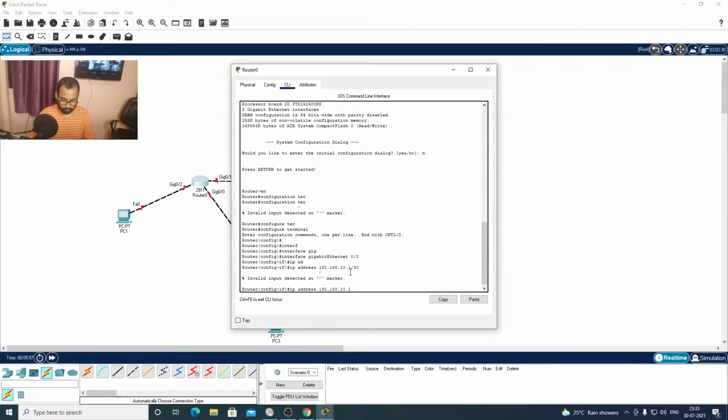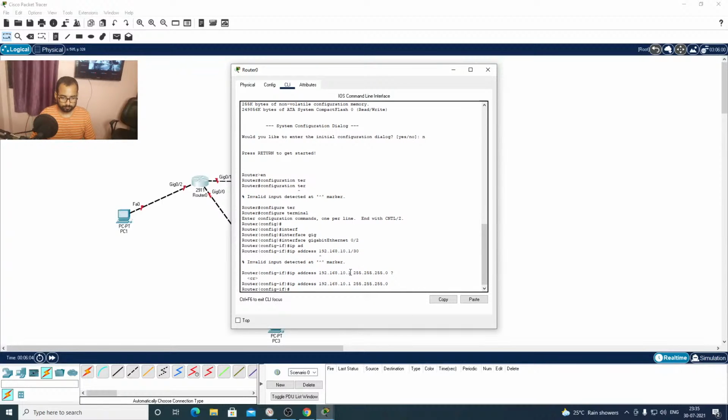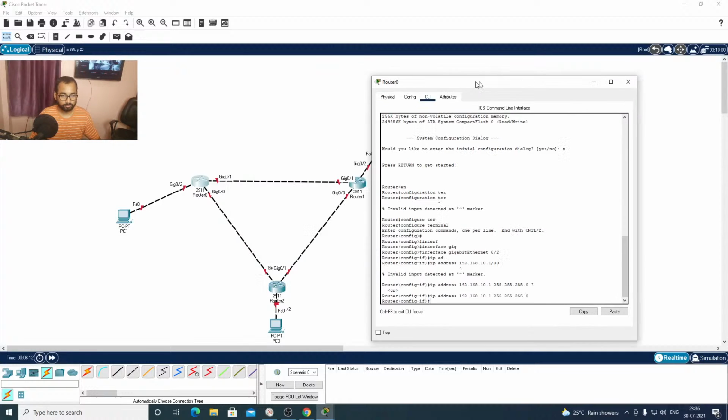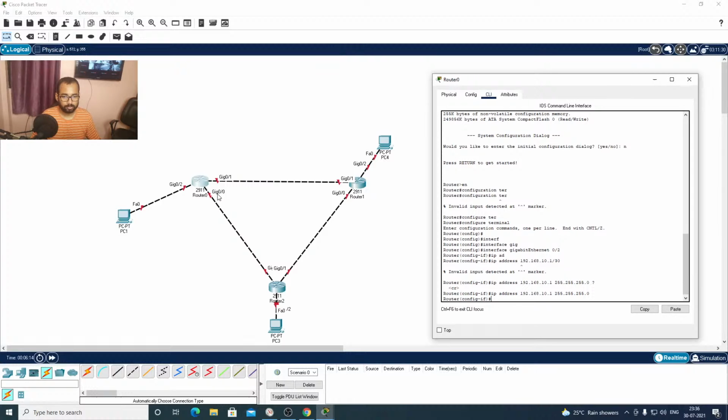So I will use the addressing format. Similarly, we'll assign a few more subnets for the gig 0 interface and the gig 0/1 interface.